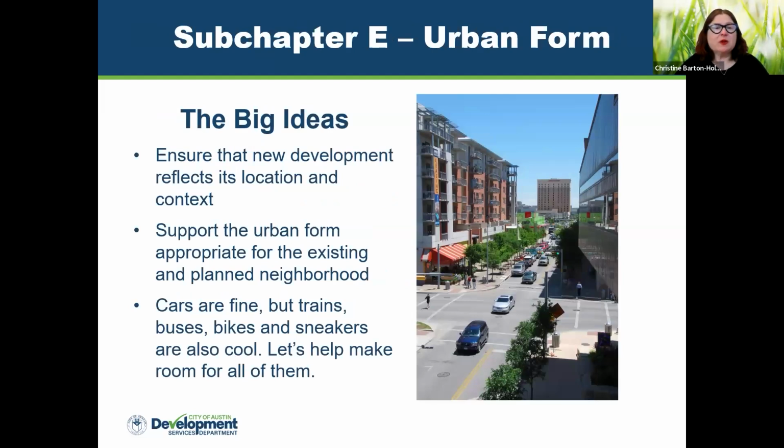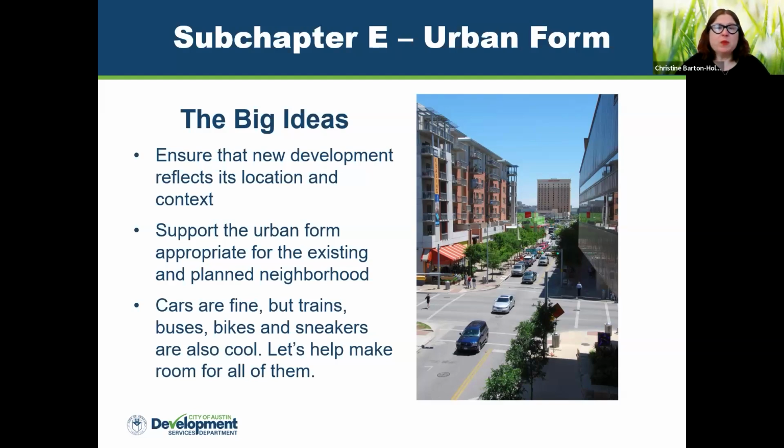So to just give a quick overview of what all of those are, subchapter E is intended to encourage a really good urban form. And by urban here, we don't necessarily mean right downtown. It's just an area that is developed.